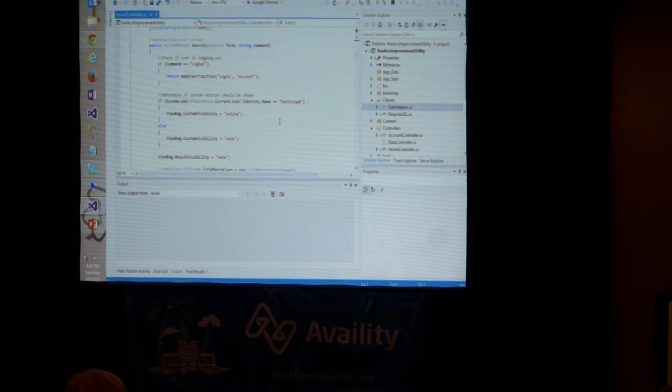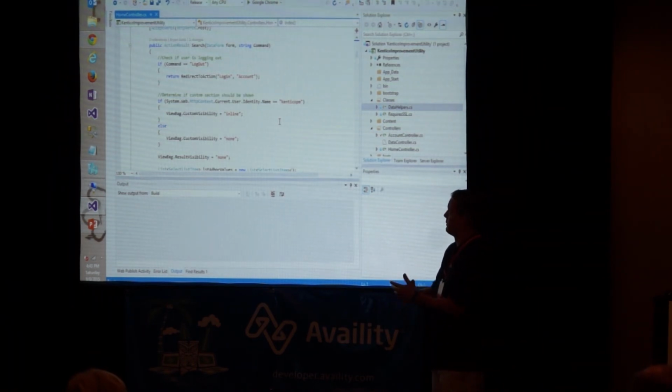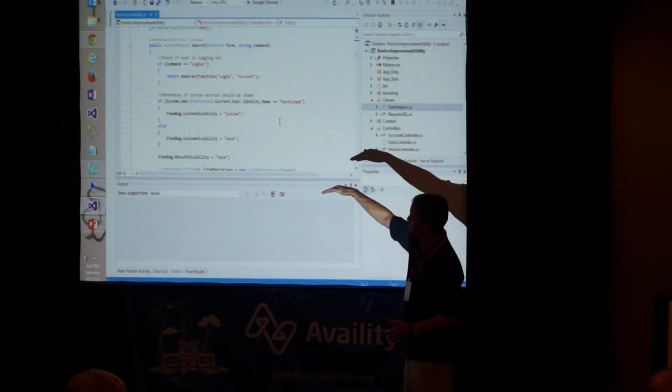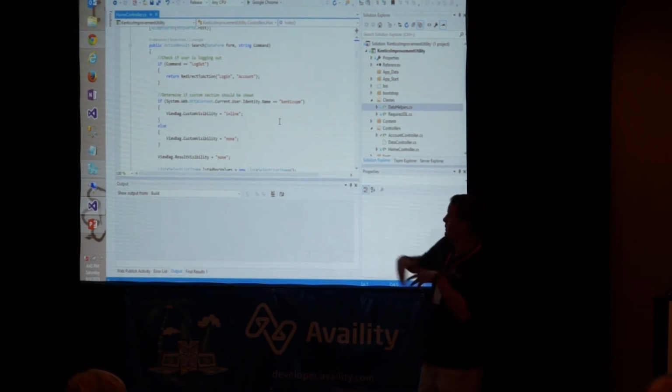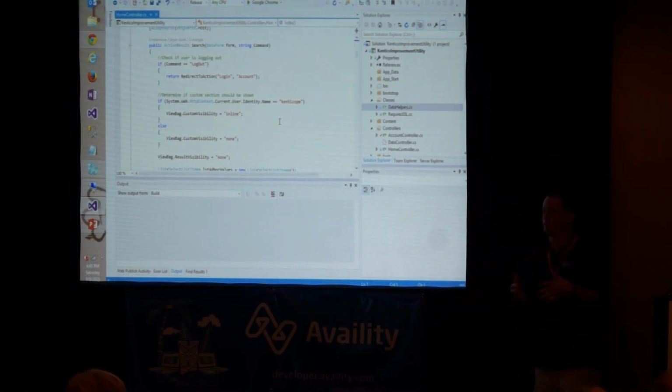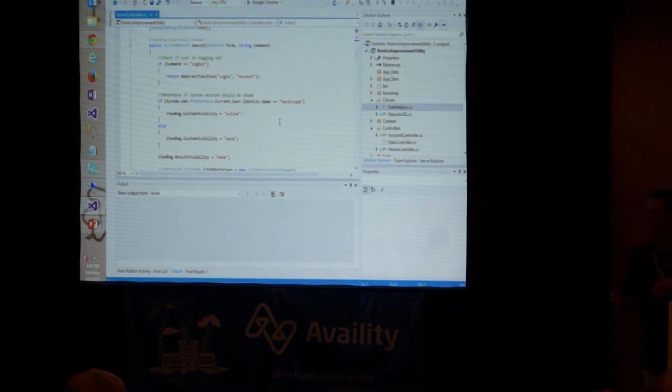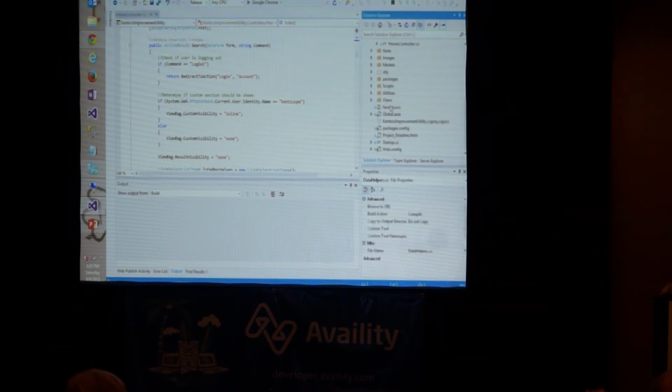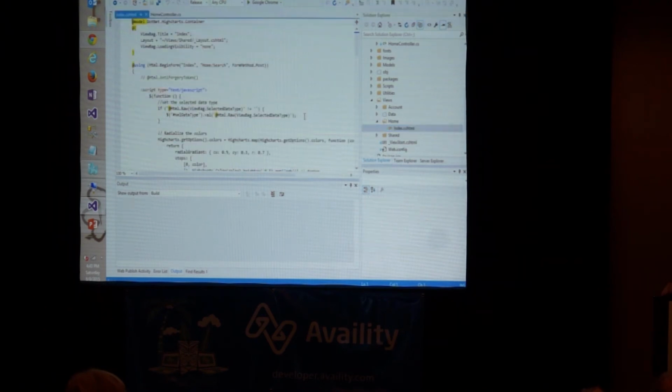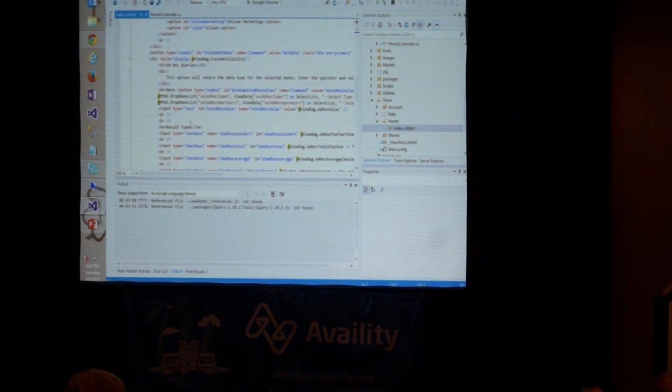I looked at the user, and I kind of determined their role. I wasn't using the role in the way that they use it. I just basically set the identity of the user with the login, and then I interpret that to do things. So I'd use this ViewBag.customVisibility to set a particular attribute of a CSS class, and then in my view, I look at that and display it and interpret it. So I have things like,